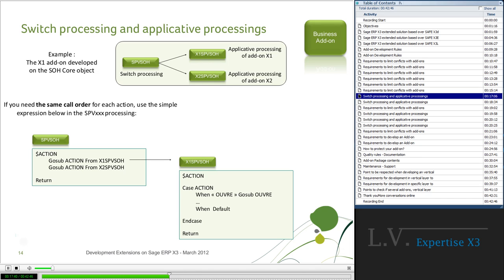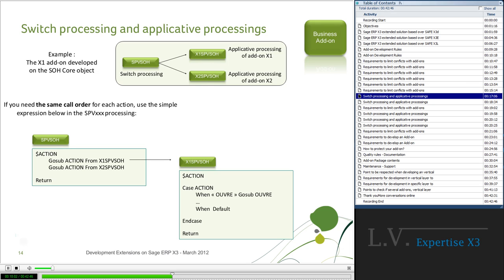The switch processing can be completed by any add-on or asset of the vertical layer. And then your applicative code is alone and called by this switch processing.